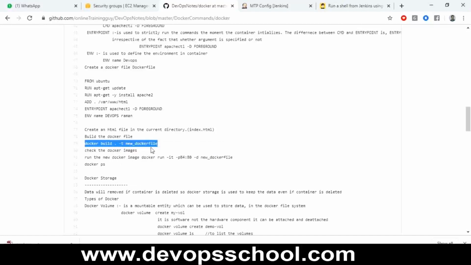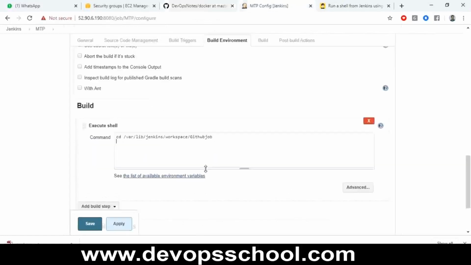Copy this and paste it after this. And you need to write sudo in front of that, because we are running with sudo docker build. So it will create the image file. Okay, so once it is done,